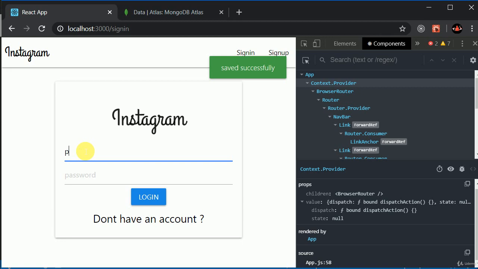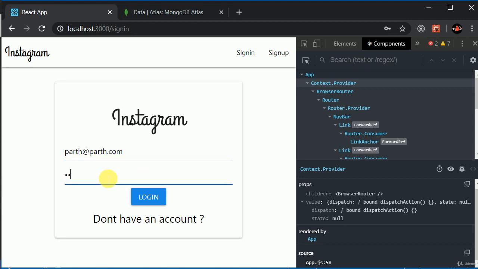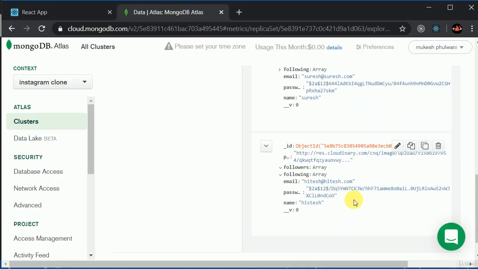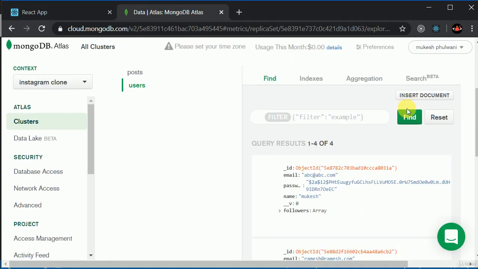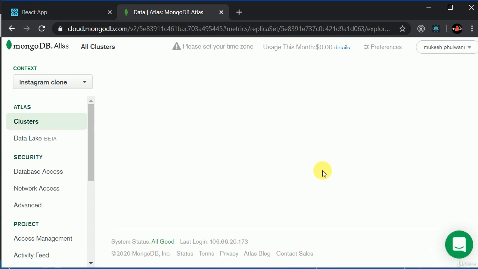I'll log in with Parth, P-A-R-T-H, and 1234. Let's log in. Parth, what was the email? Let me refresh this because I forgot the email.